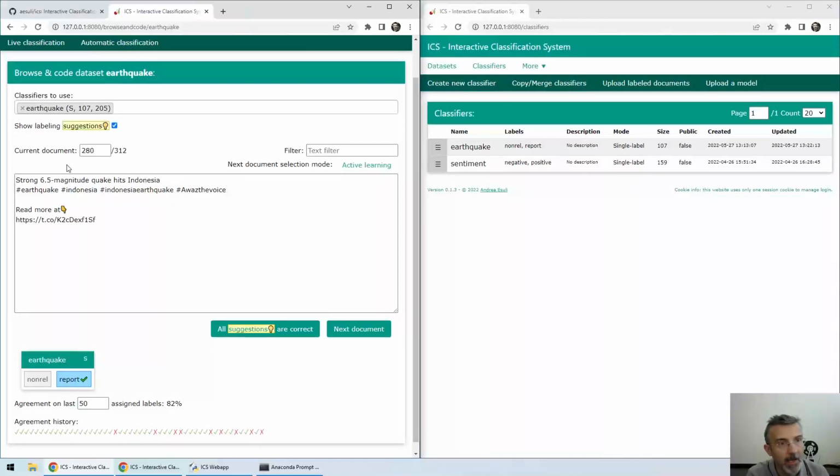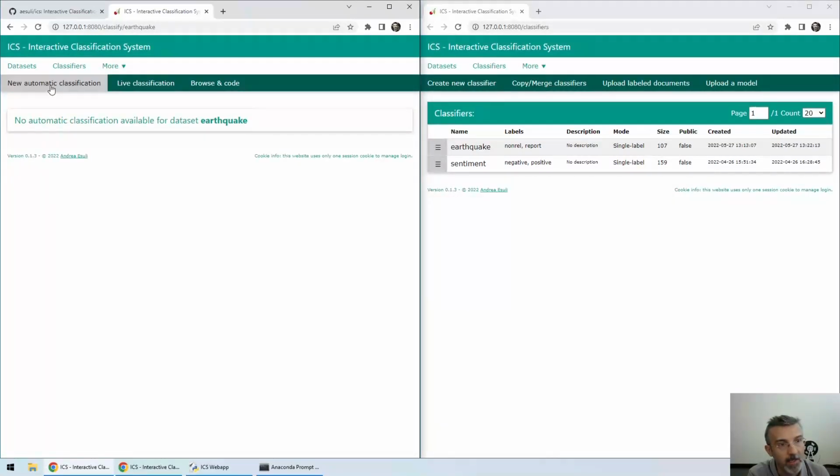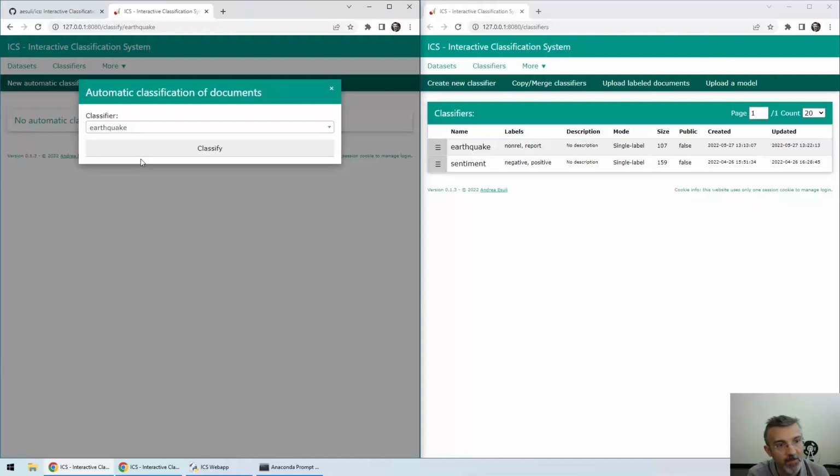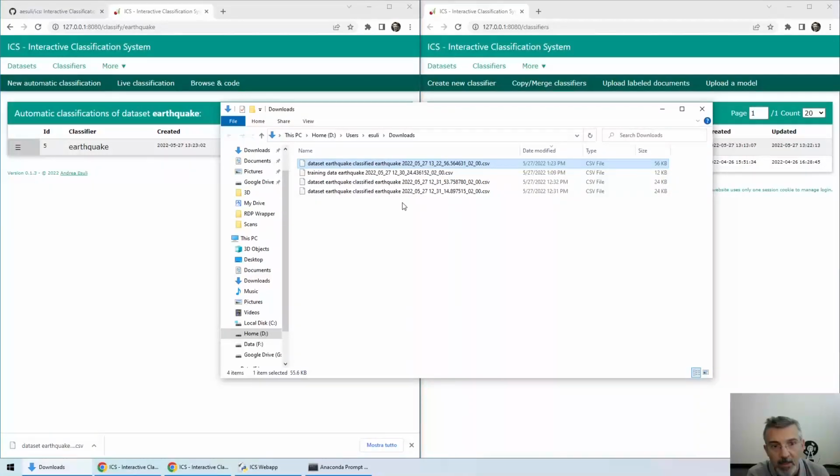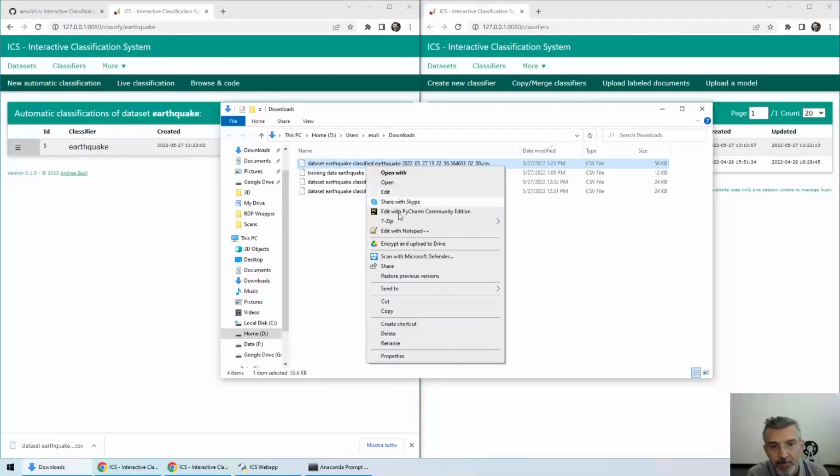And then I can ask for an automatic classification of the whole dataset, so including all the 205 tweets currently missing a human assigned label. So I ask for a classification using the classifier earthquake, and it is a quick process. The dataset is very small. It is already done. I can download the document, the classified data, and I can